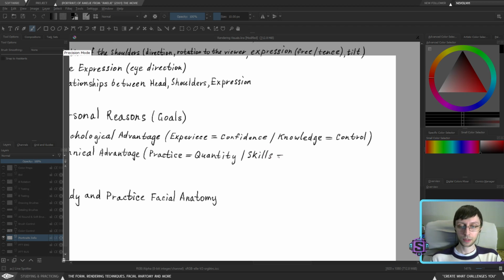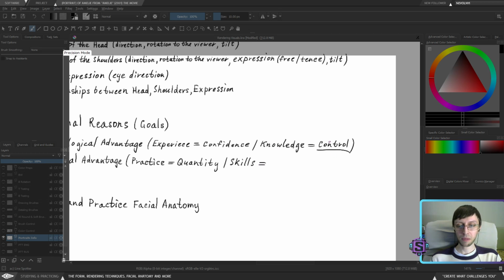Skills are nothing but knowing how to make the proper decisions, applying knowledge to the practice. So when you apply knowledge to the practice, you will grow in your skills.